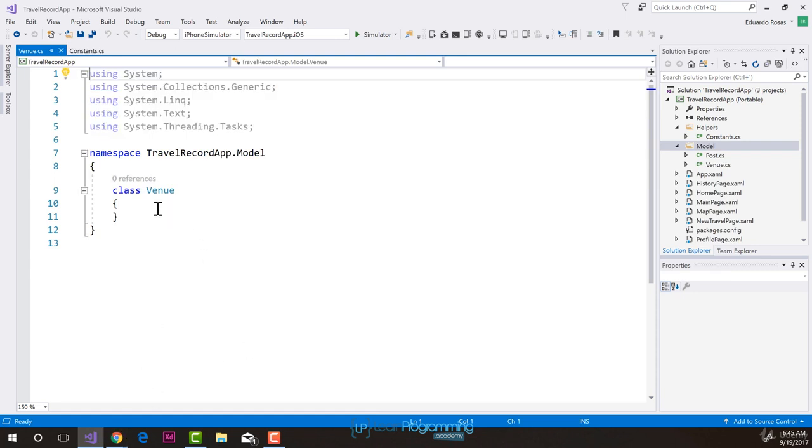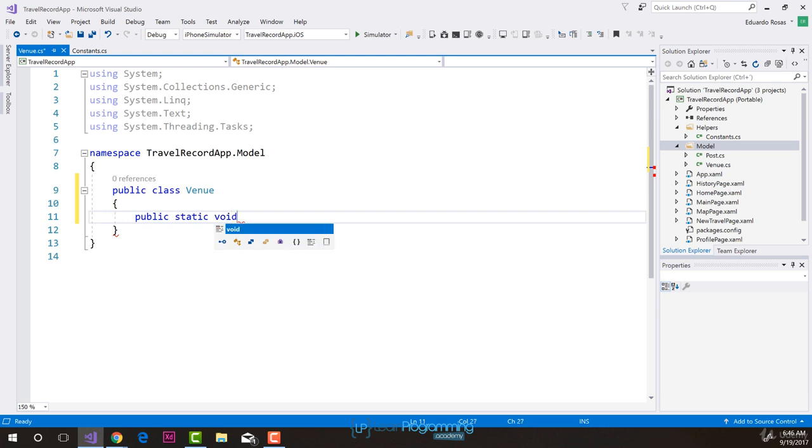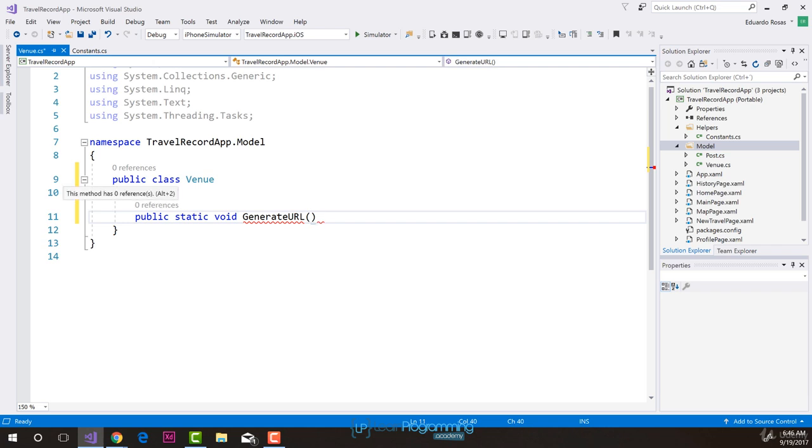We only saw a little bit about it on the API Explorer in the form of a JSON. But what we can do is, from this venue class, which I'm going to be making public, by the way, create the URL that we're going to need. So inside here, I will add a public static void generate URL method, which is going to require a float